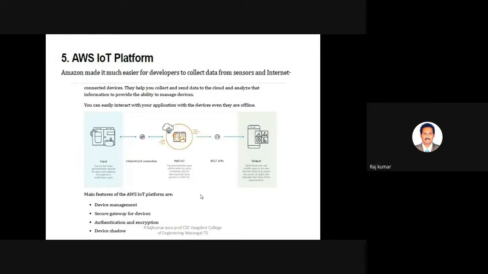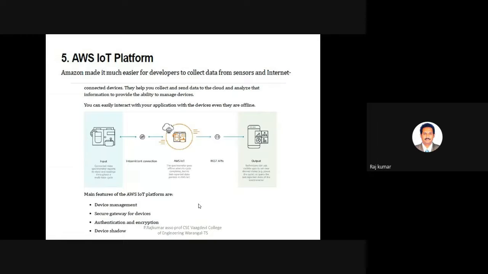Next one is the AWS IoT platform. The previous speaker also gave a lot of information about this AWS IoT platform. Here it is very easy to use. Not only the AWS IoT platform, every platform, once it is on the cloud, we can access it from anywhere. That is the advantage of any cloud-based IoT platform.